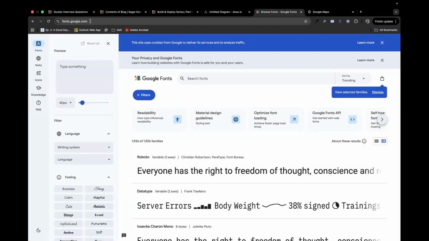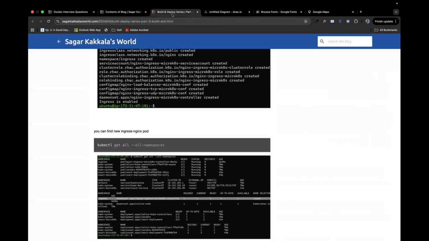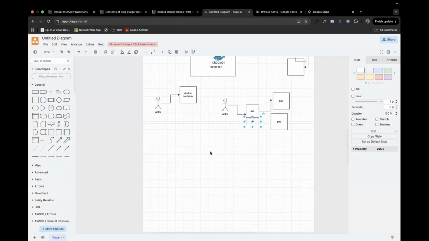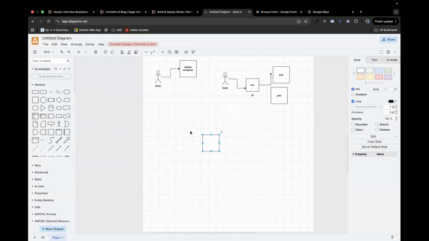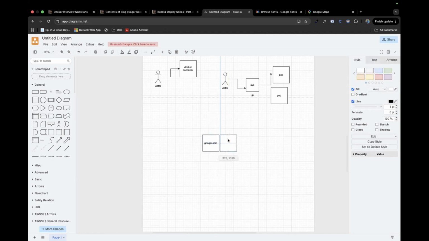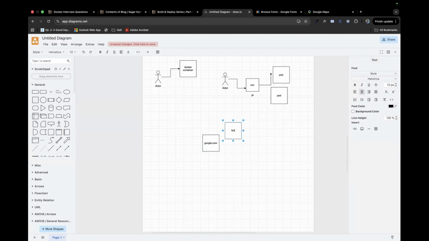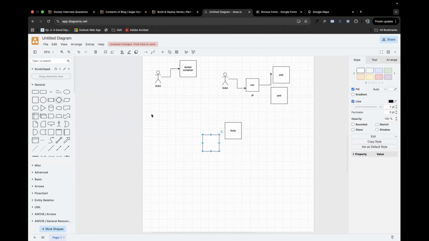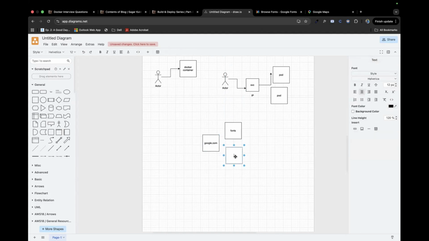So what the ingress controller does is, the ingress acts as a domain, and once the domain is there, let's see how the ingress controller works. Let's say this is google.com, and here I have fonts, here I have maps.